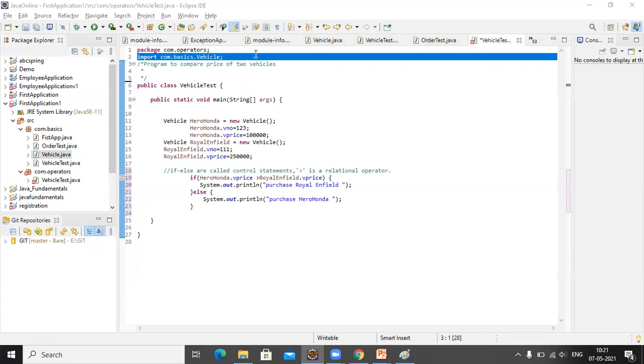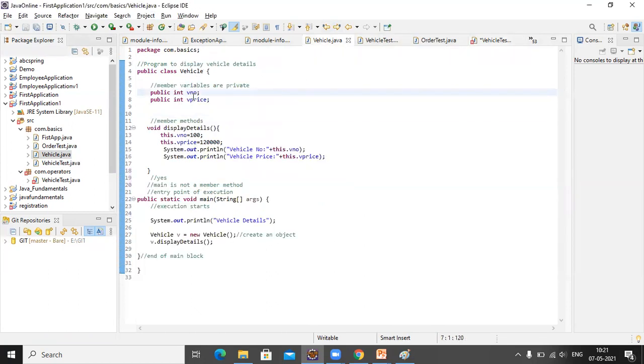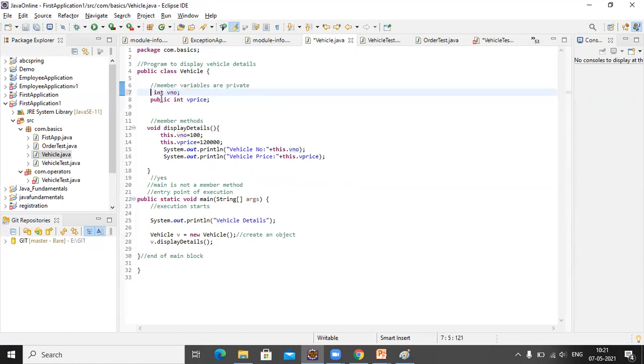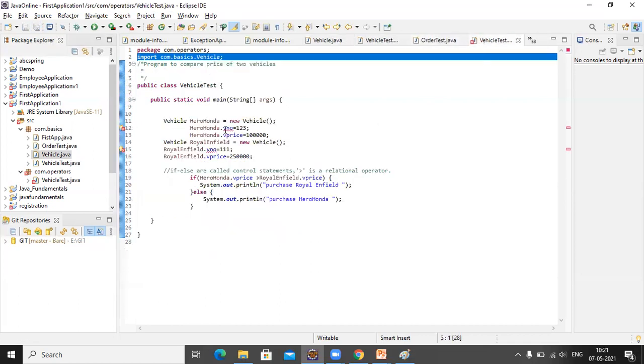Now, if you see vehicle.java, usually by default these member variables are private. If it is private, you will get an error here in this class. It says it cannot see vehicle number. Why? Because it is a private variable.